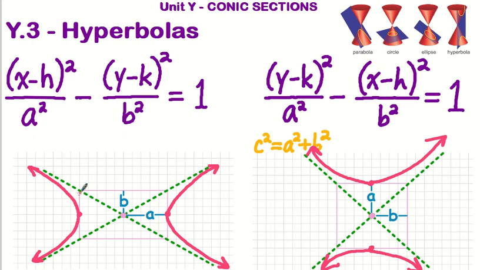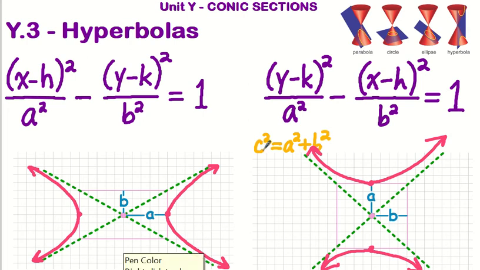But I'm not going to really emphasize that. I like how this a value and b value makes this rectangle and how the asymptotes just go through the corners. And also, just like with ellipses,